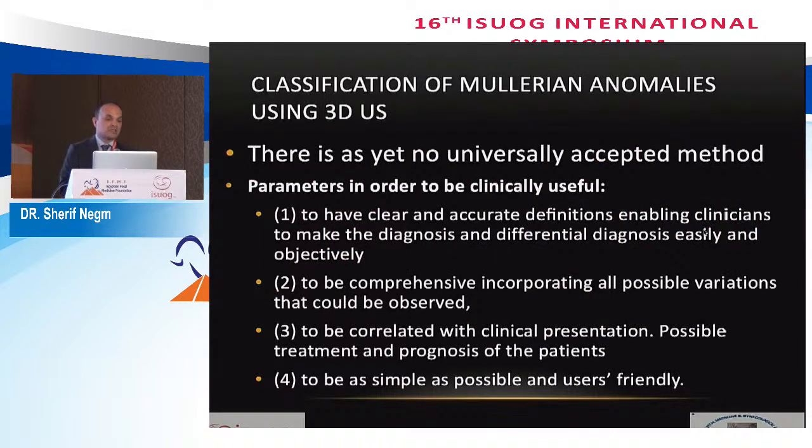So we come to the last part, about the classification of Mullerian anomalies. Unfortunately, there's as yet no universally accepted method for classification. So why do we need classification? In order to have a clear and accurate definition, in order to enable clinicians to make diagnosis and